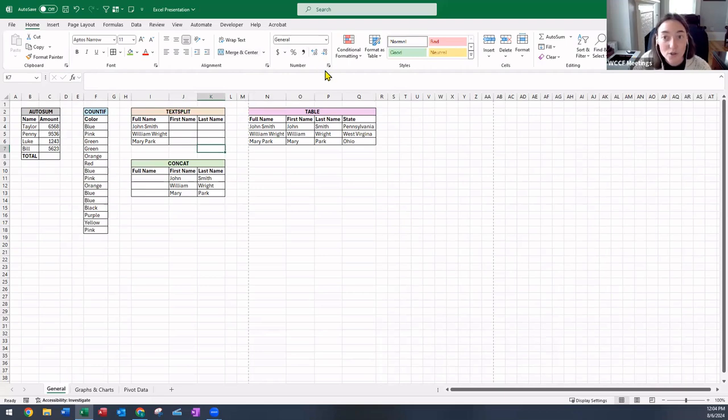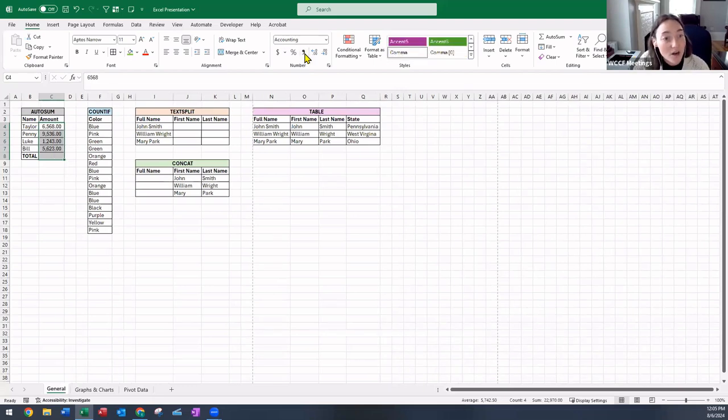The next thing is your format for your numbers. Typically, Excel defaults everything to general, but you may want to change that if you have some specific data. So over here, you can see we have numbers. Right now, they're just a series of numbers. There's nothing special about them. You can always add your comma here,